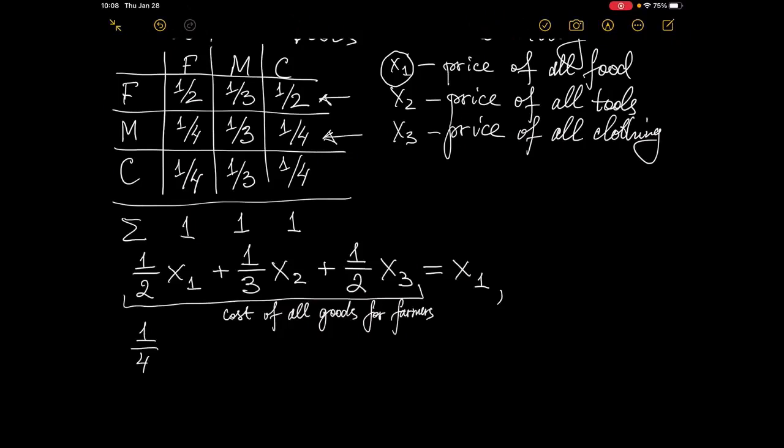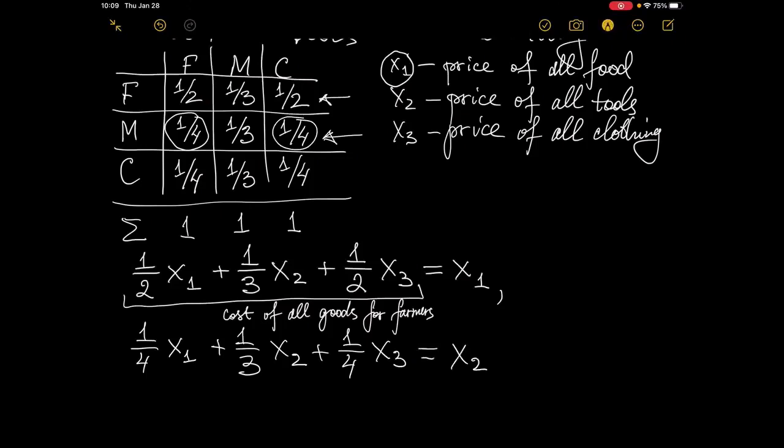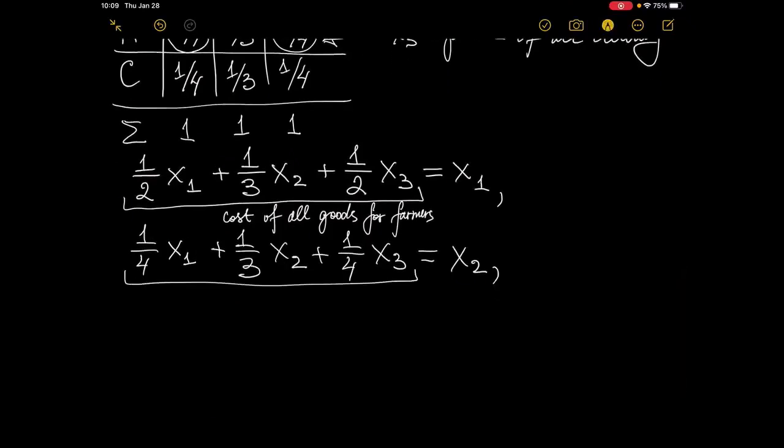Okay, so now manufacturers, they get 1/4 of all food. Then they use 1/3 of all tools, right? Plus they use 1/4 of all clothing, right? Here it is. And let us say that in order for the system to be fair, it has to be equal to the price of all tools they produced, right? Okay, and this is the cost of all